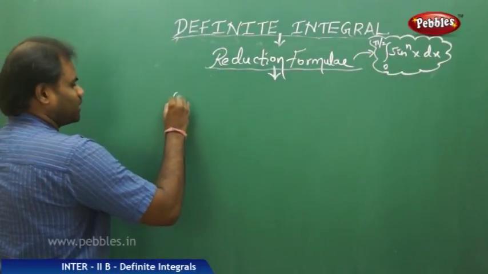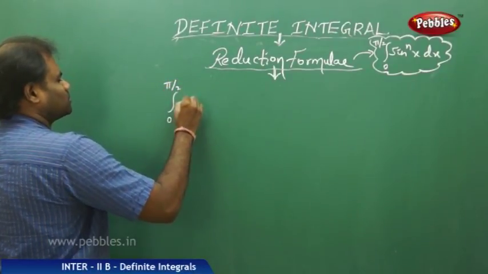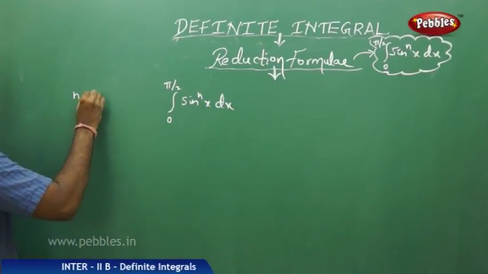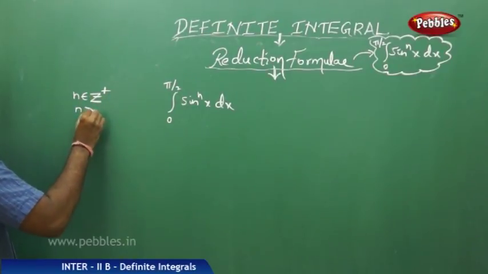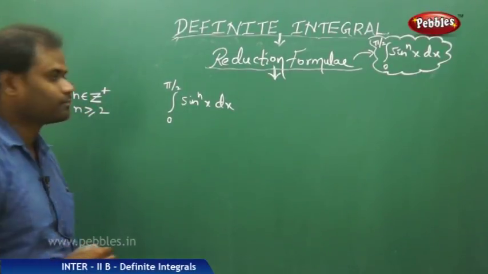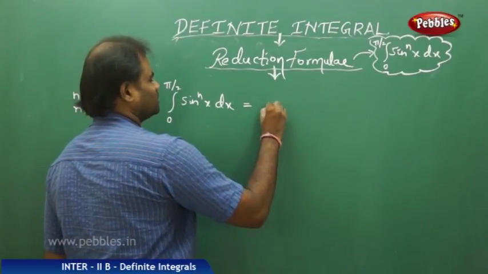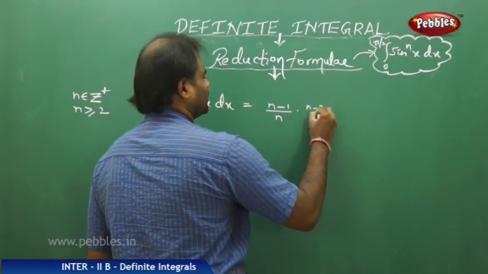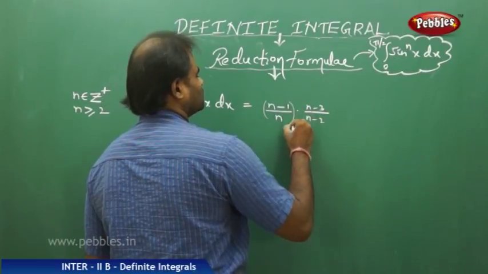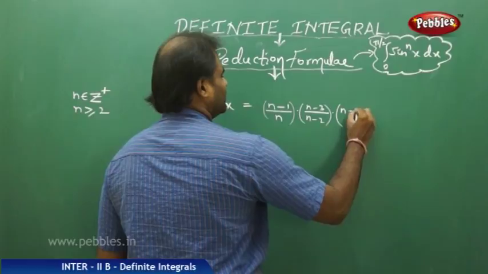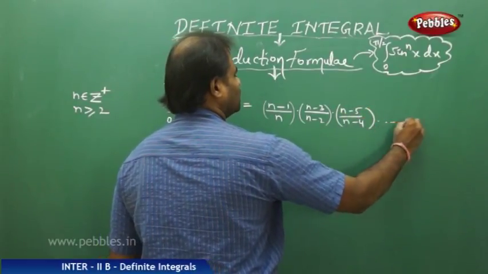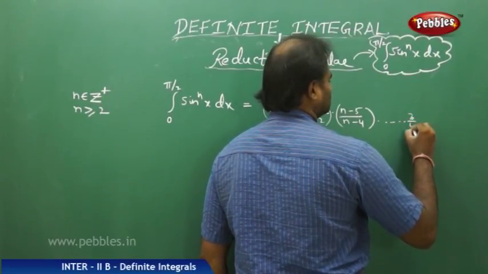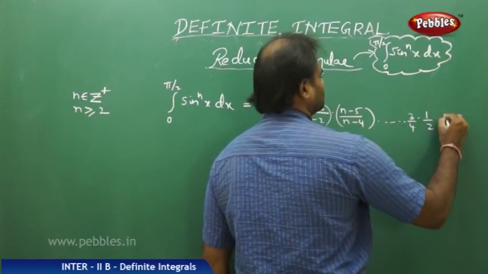That is, if I wanted to find the integral of 0 to pi by 2 of sine power nx dx, where n belongs to positive integers and n is greater than or equal to 2, then we have this equal to (n minus 1 by n) times (n minus 3 by n minus 2) times (n minus 5 by n minus 4), and so on, till 3 by 4, 1 by 2 times pi by 2